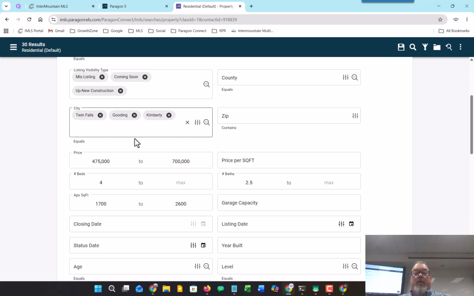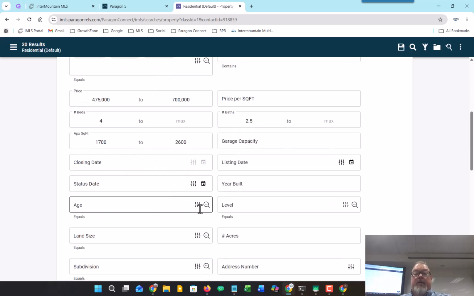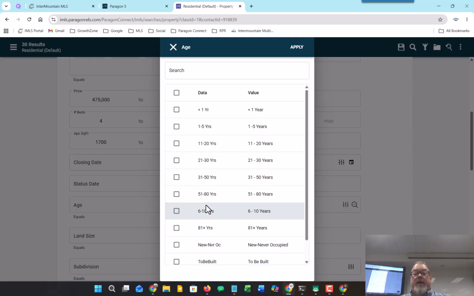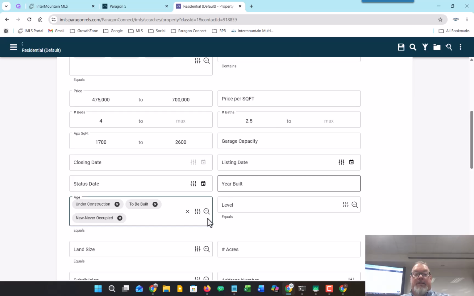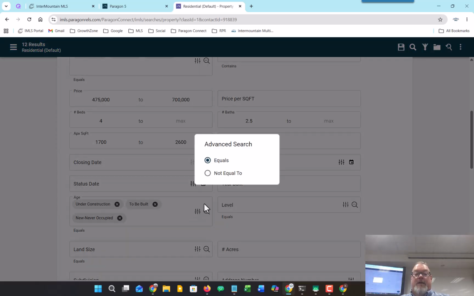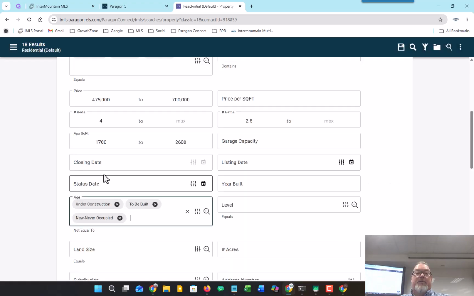Now, they also have told me they don't want any new construction. So an easy way to get rid of new construction is to come here to age, and instead of checking everything that's not new construction, check the 3 that are new construction. So in this case, new, never occupied, to be built, and under construction, but change it on the advanced options to not equal to. So now I'm getting everything that is not equal to new construction, which drops me to